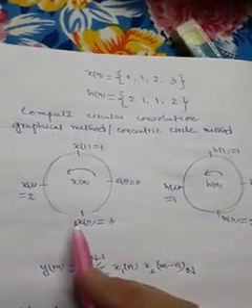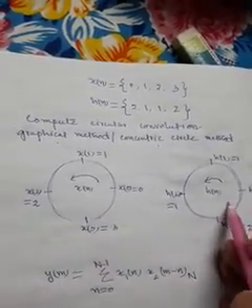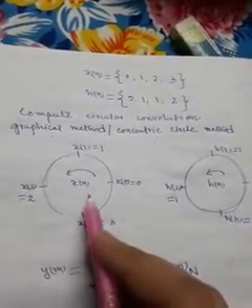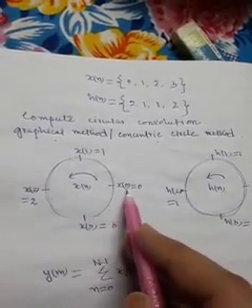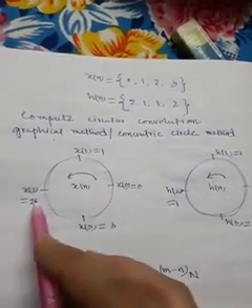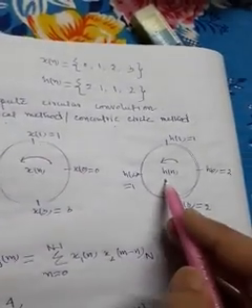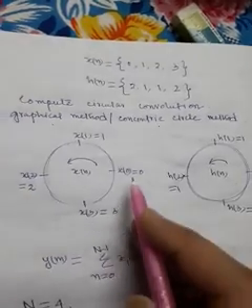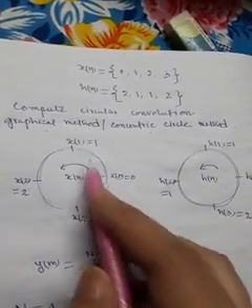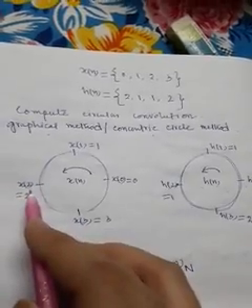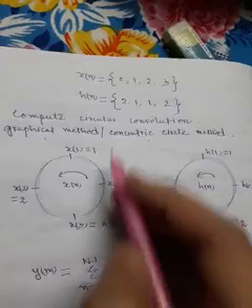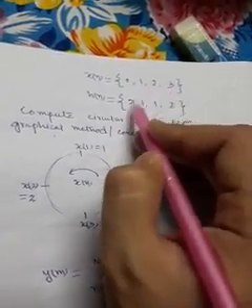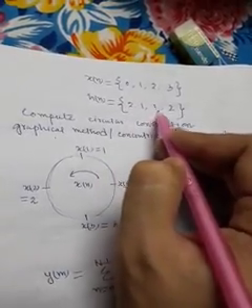Now first of all we have to draw two circles of x(n) and h(n). See, we have represented x(n) and h(n) in anti-clockwise direction: x0, x1, x2 and x3, and for h(n), h0, h1, h2 and h3. x0 equal to 0, x1 equal to 1, x2 equal to 2 and x3 equal to 3. Here this one is x0, x1, x2, x3, h0, h1, h2 and h3.